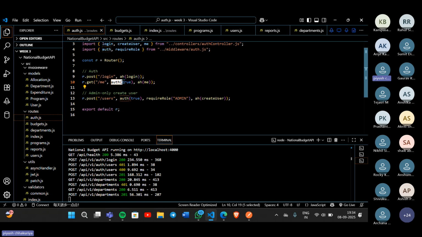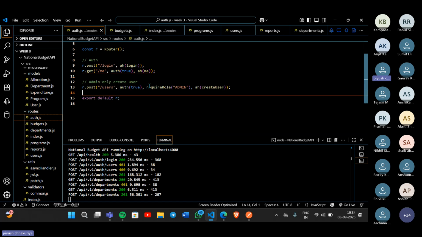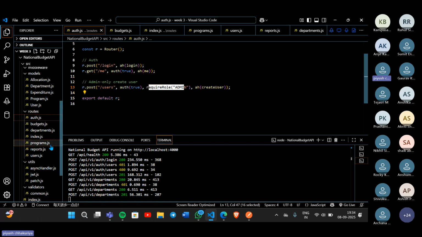In the get ID, if we want to see all the information of a user, before that it will check one middleware, that is auth. In the auth, it will first check the token as well as the password with the hash password. And admin can see all the users as well. Required role admin. Only admin can do all these things.